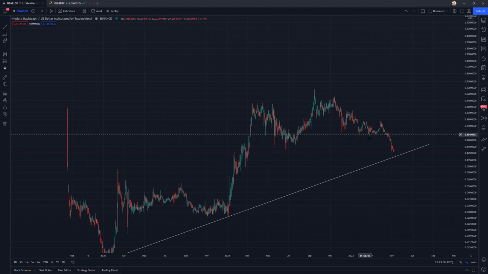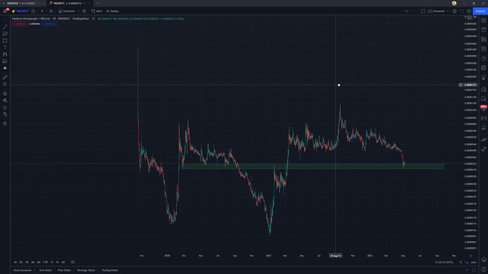high about 80%, which is actually pretty common along most of the altcoins, where we see pretty significant drawdowns, especially compared to Bitcoin and Ethereum, where Bitcoin is kind of dragging down the altcoins and kind of leading the way down. So if you see the market kind of relieve itself, where Bitcoin becomes slightly less bearish and maybe it reclaims $40,000, then this could act as some sort of opportunity if you're wanting to get into Hbar and maybe DCA in. So now I'm going to transition over to the Hbar Bitcoin chart.